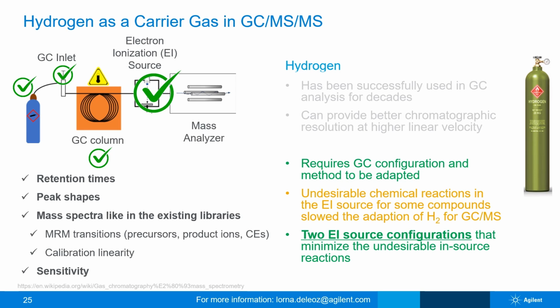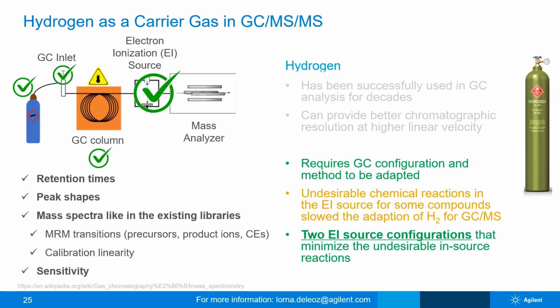This last one, the potential undesirable reaction in the EI source for some compounds, slowed the adoption of hydrogen. Fortunately, Agilent has two EI source configurations that minimize the undesirable in-source reactions, making hydrogen a viable carrier gas alternative